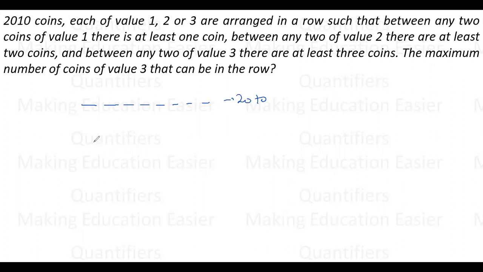So, let me just try to start with 3. Let's see if there is any series possible. Now, there should be at least 3 more values here, and 3 cannot take place at any of these places, right? At least 3 more values will come, and 3 will not come again before I can put a 3 again, if it is feasible. Let's see. So if I am putting a 3 over here, here it will be 1 or 2. Let's say I am putting a 2 over here. Now before I put a 2 again, there should be at least 2 places where there is no 2, which means these 2 places have to be occupied by 1 or 3 in any order.